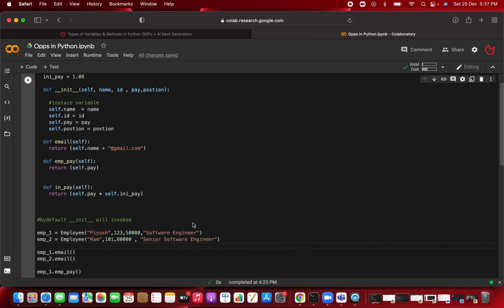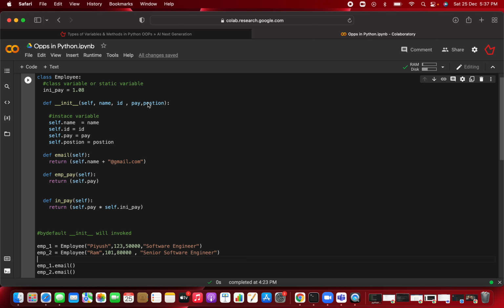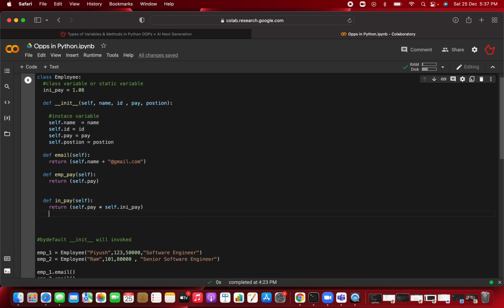Clear? So this you already have defined, because the fourth parameter you are just taking as a position, and you have initialized this particular position. So why I'm creating this? Because I want to set one as an accessor method and another method as a mutator method, that is a setter and getter. You are going to build this one. And these are basically the type of the instance method.